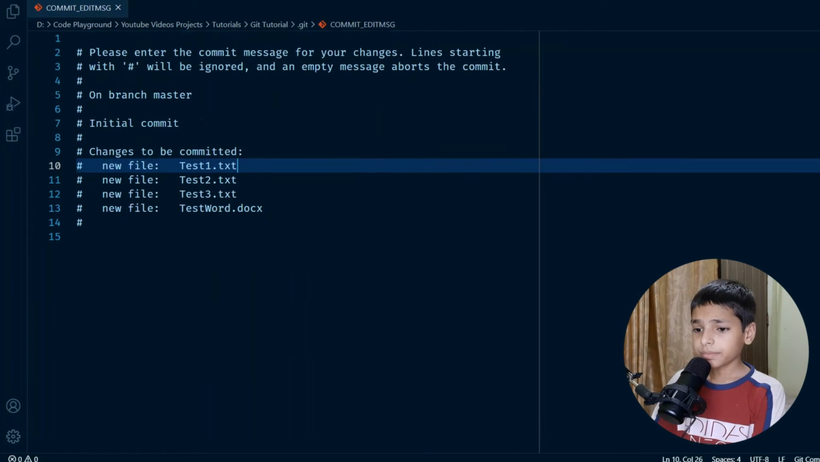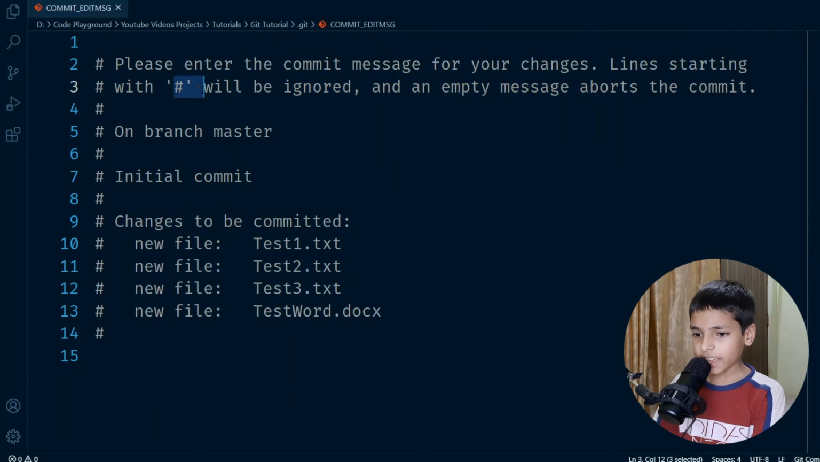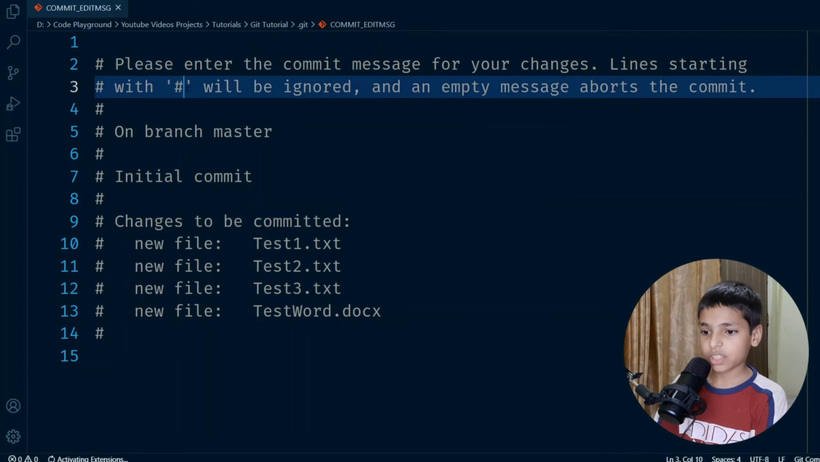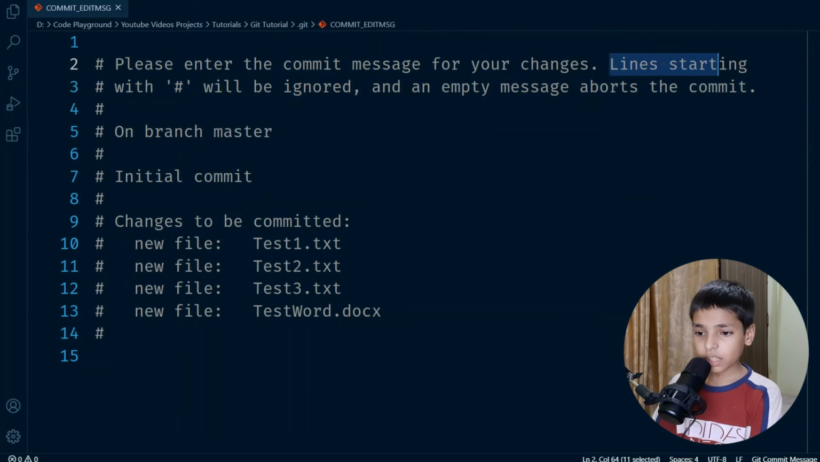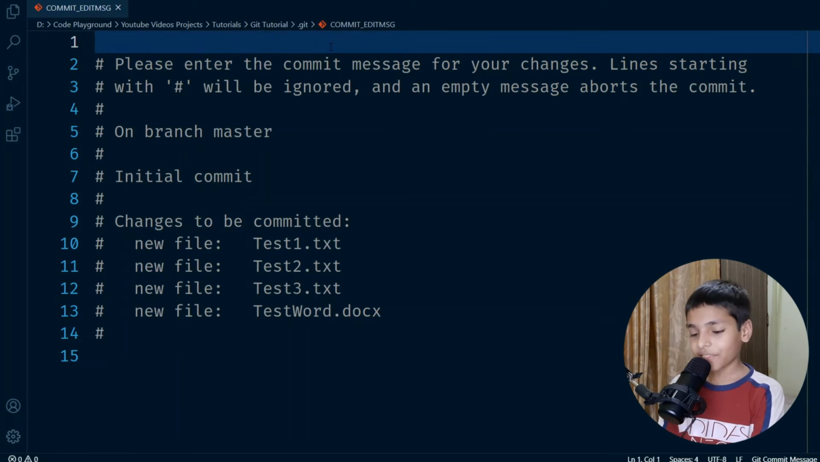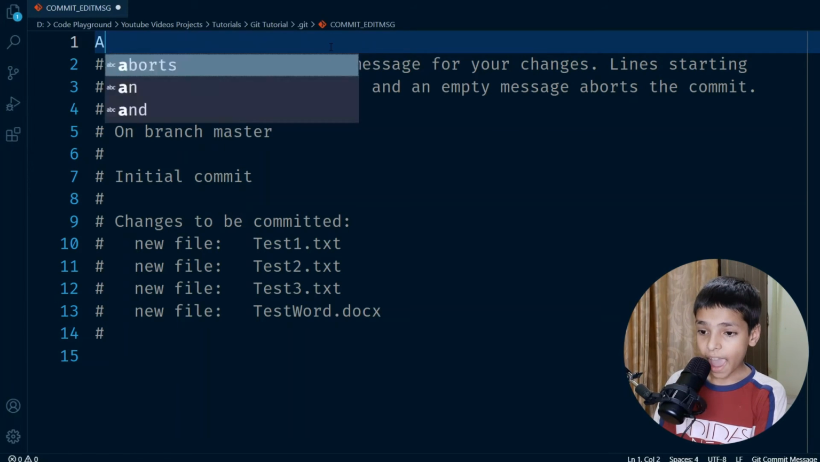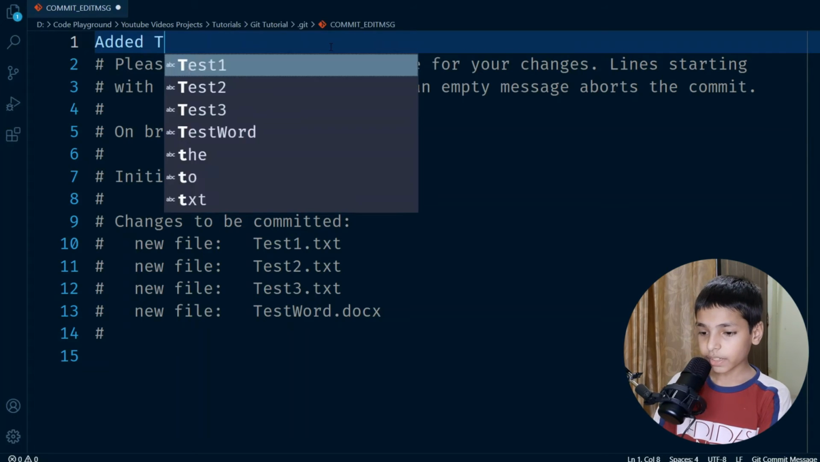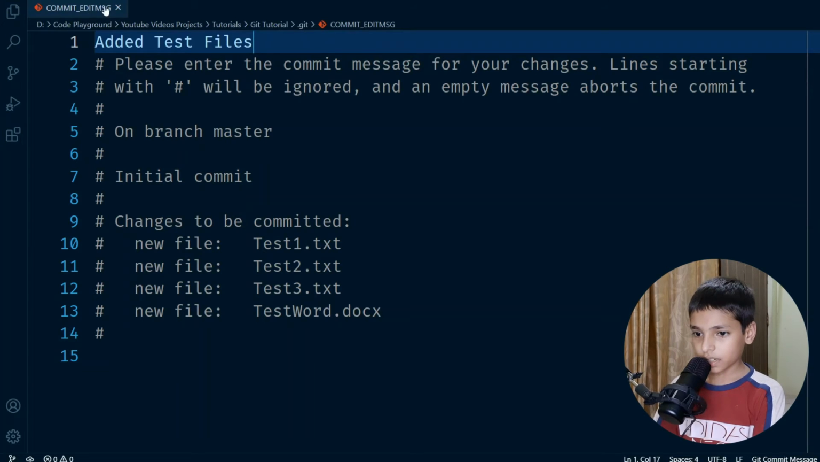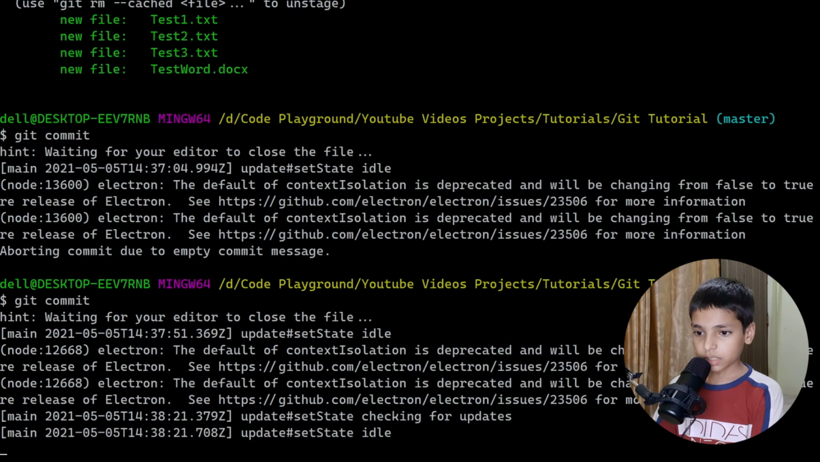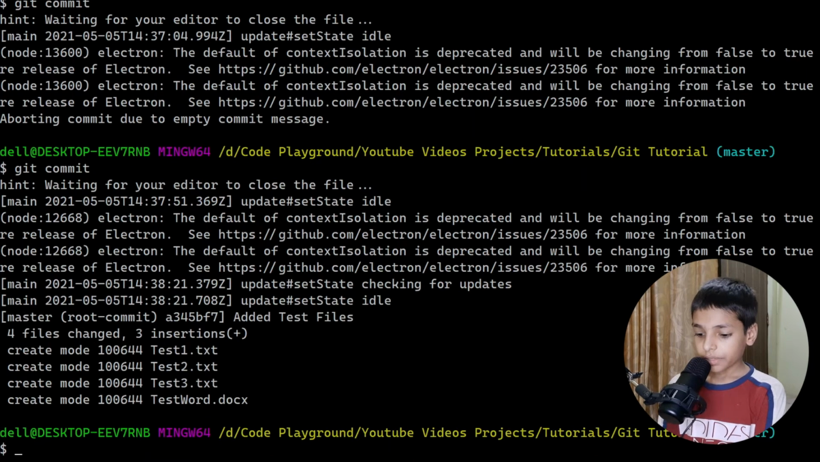And now right here you can see it is telling that lines starting with the hash symbol or pound symbol will be ignored. So now let's commit our file. Let's type added test files, like this. Okay, and save this. And what if I close this? Now if I type git status,